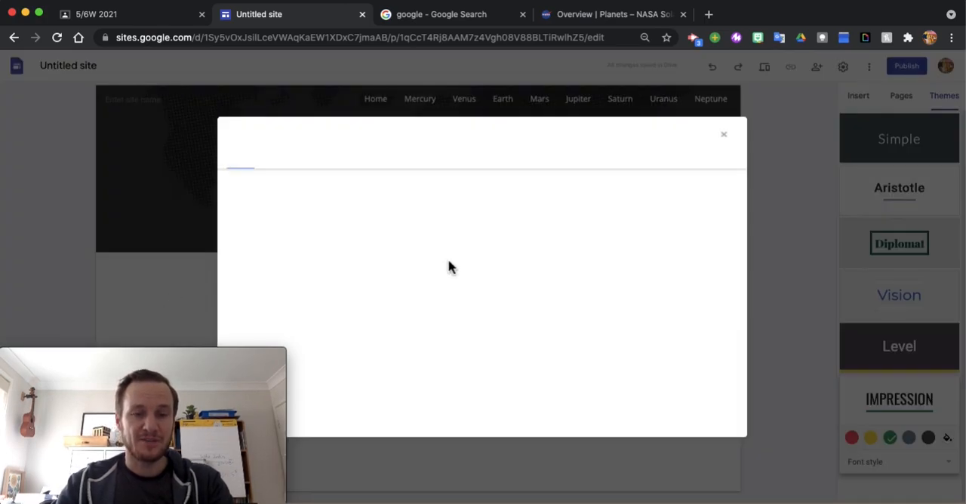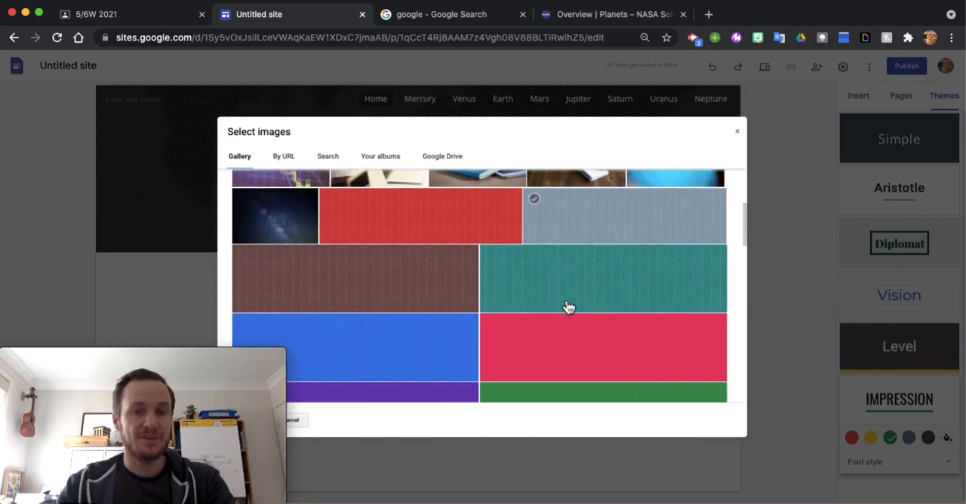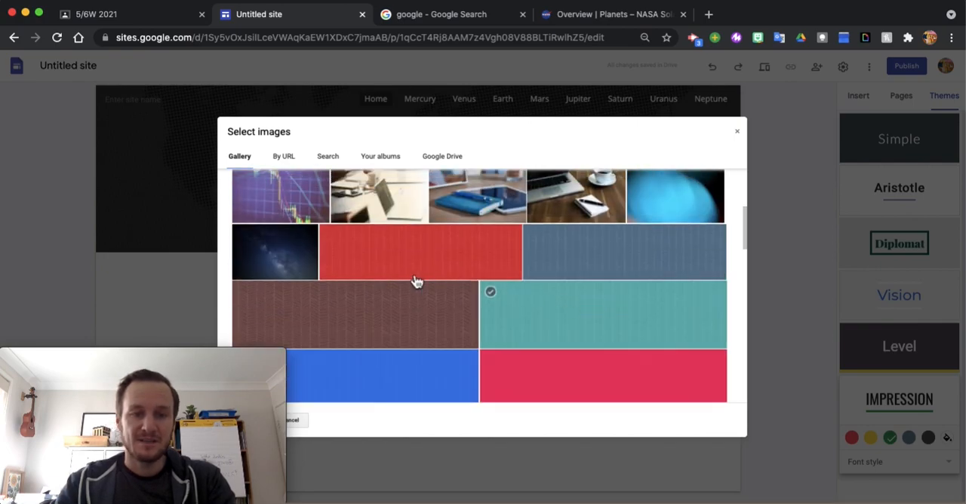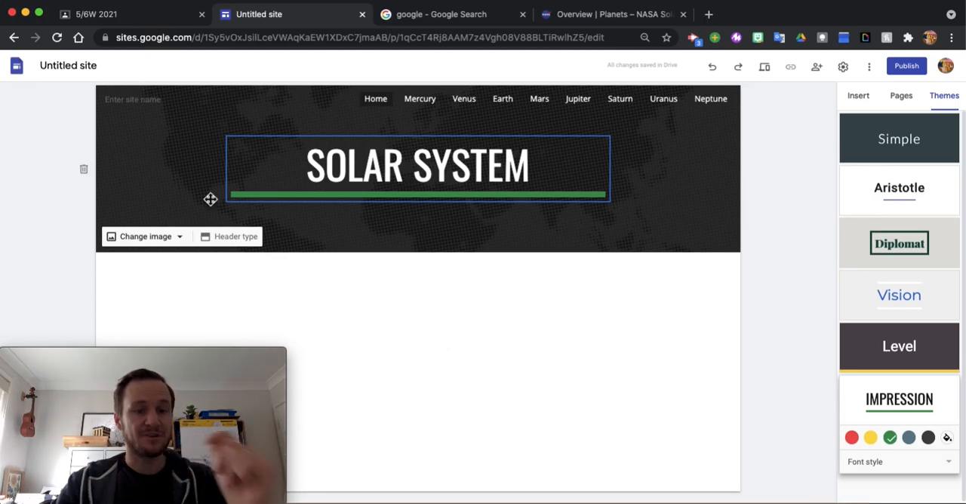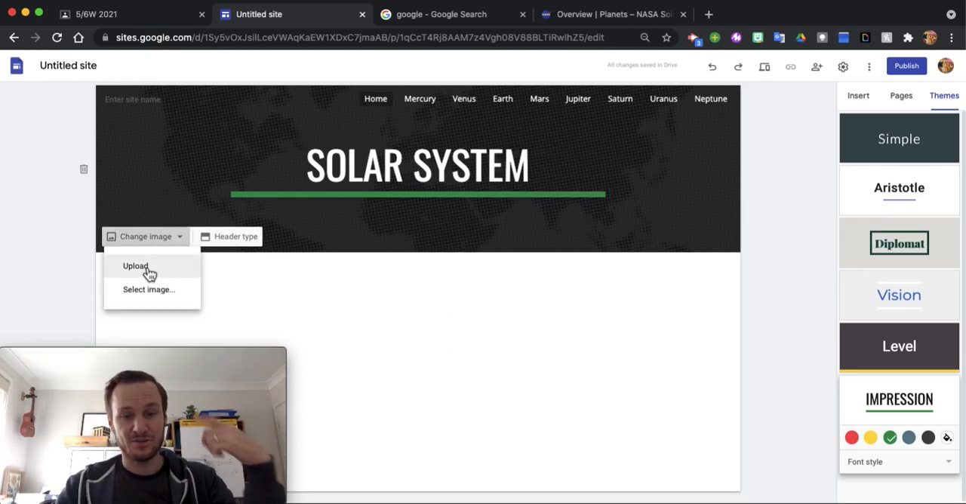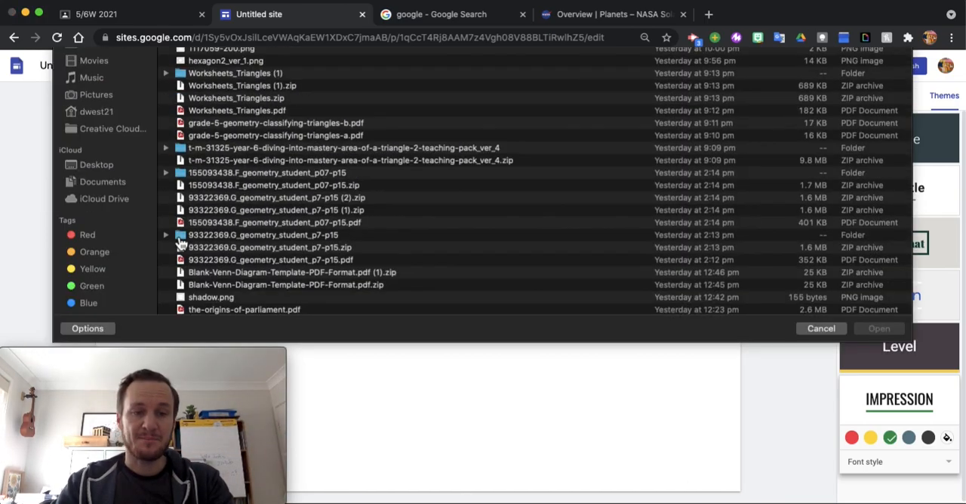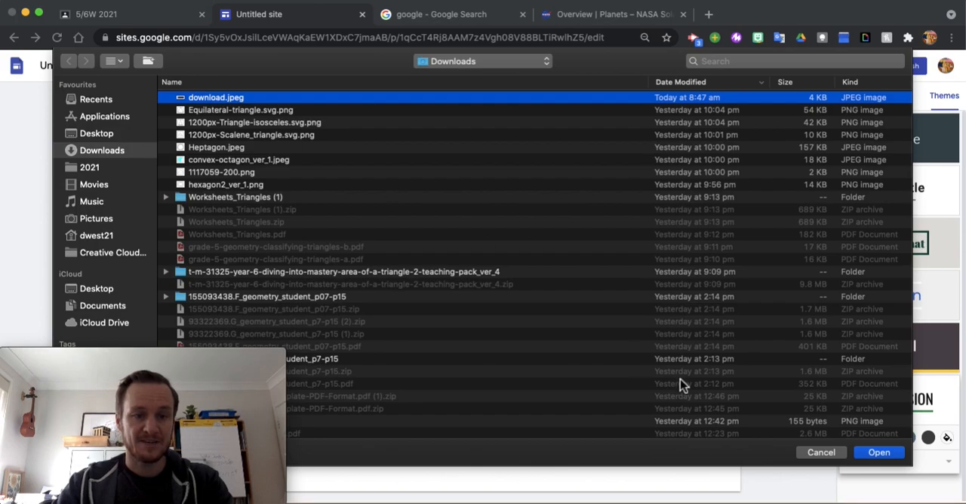Select image would make you choose from, I guess, your Google. So it would have a selection of images to choose from that would be really, really useful. Like that one would be perfect. If you've already found a perfect image on Google, what you could do is save it to your Google Drive or to your computer, and then you press upload. And when you press upload and you click on it,